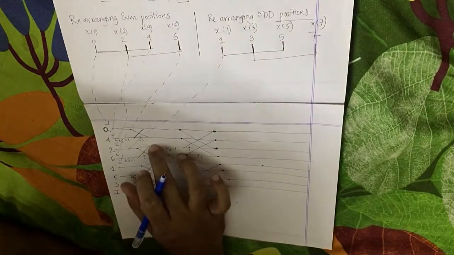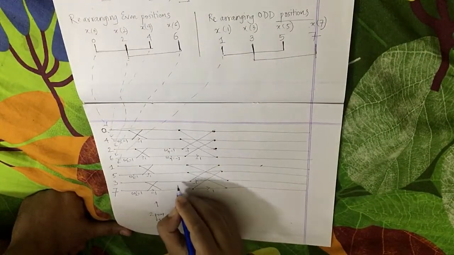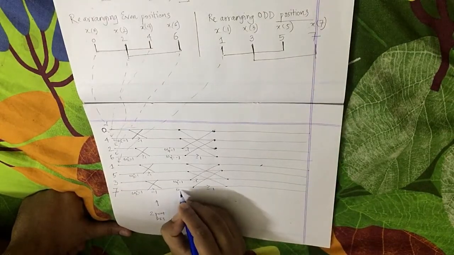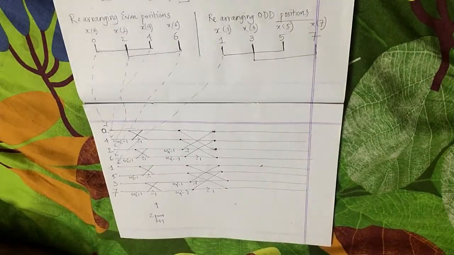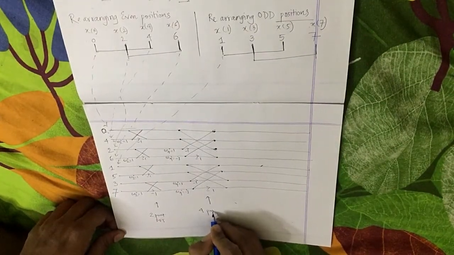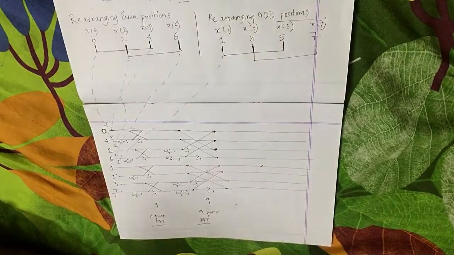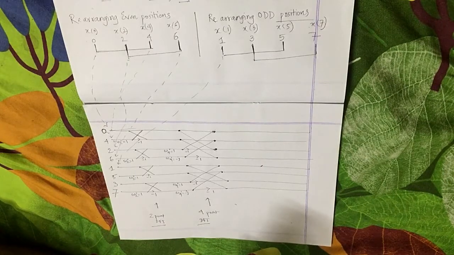So this will be a little bit problematic for you at the first place, but don't get panicked. Just remember this one. So here also W4 to the power 0 is written as 1, and here W4 to the power 1 is written as -j. Done. So the 4-point DFT part is also shown. I mean, the segments have already been divided into 2-point DFT part and 4-point DFT part. Done.